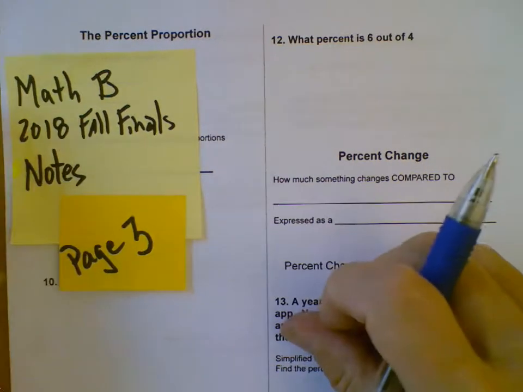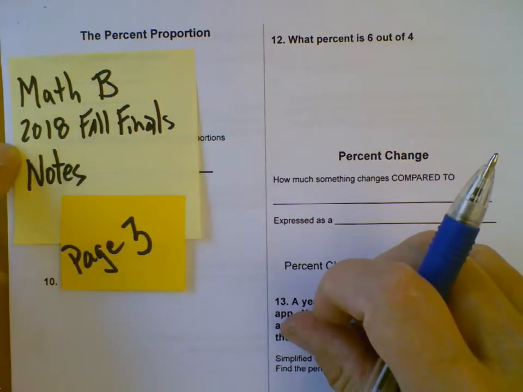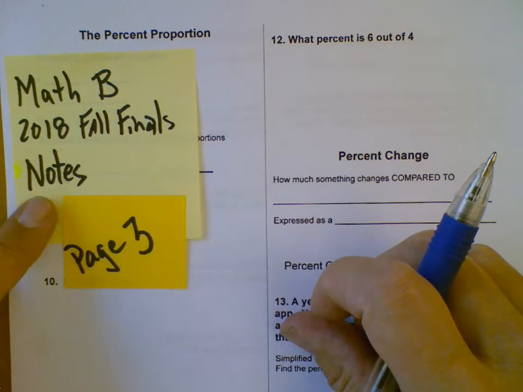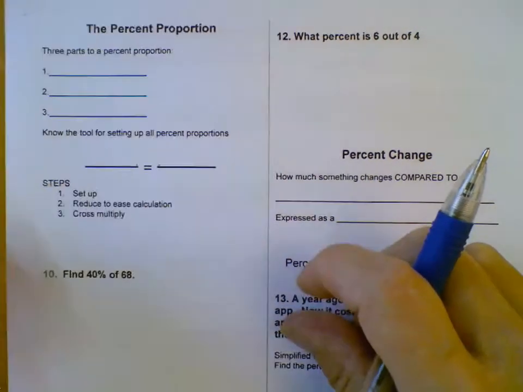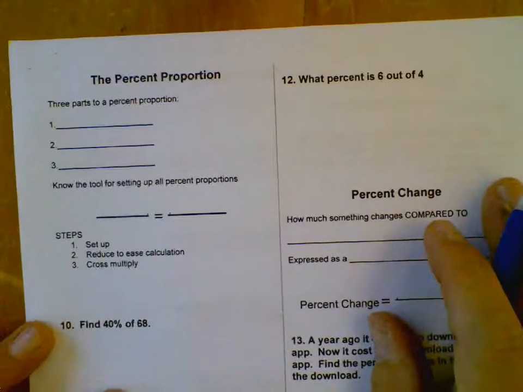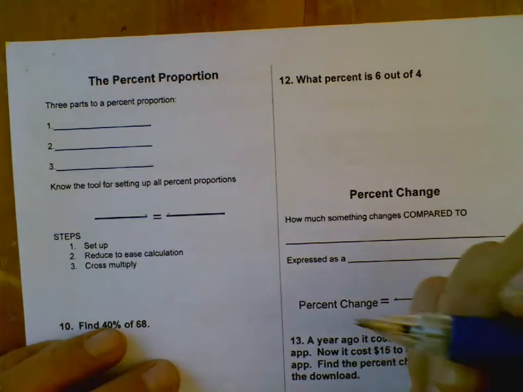Hey, here we are. Math B 2018 Fall Finals, Notes and Study Guide, page 3. So, percent proportion. This is some of the material we worked towards the end of the semester